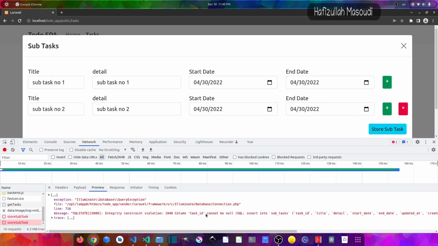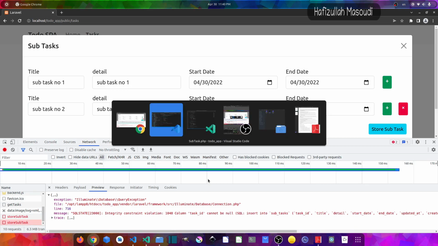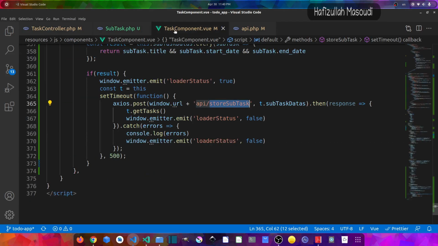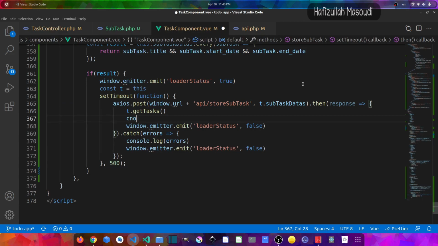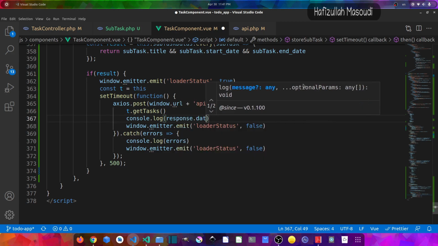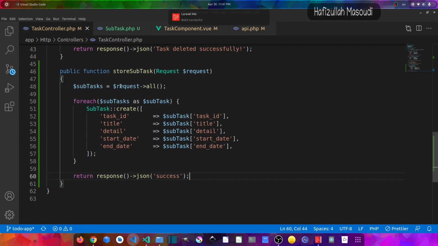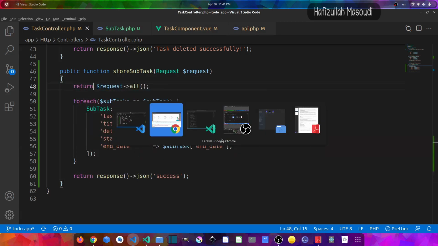and it says task ID cannot be null. Well, let's do some debugging, guys. So what I will do is go to the task component, and in here I will console log response dot data. After console logging the data, let's go to the task controller, and instead of storing this to a variable, let's return it. So let's say return request all,